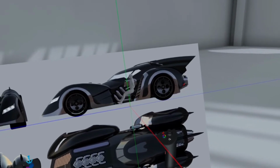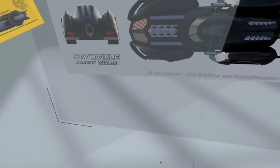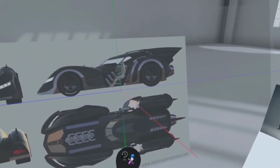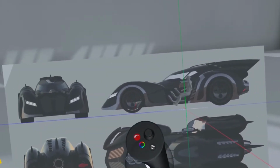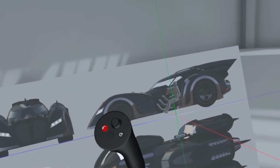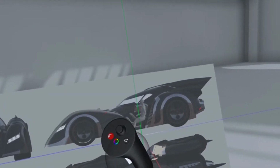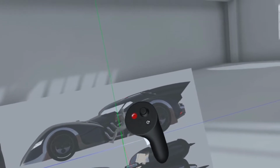So I'm getting the Batmobile locked in. Got my tools. I'm putting it to planar, so I'm going to start using the planar tool. And what's cool about the planar is that it snaps, and then you can actually draw on top of your model. Holding that trigger down halfway would snap it to the up, I guess, the green axis of Gravity Sketch. So really, all I'm gonna do right here is just outline the little car, the Batmobile,